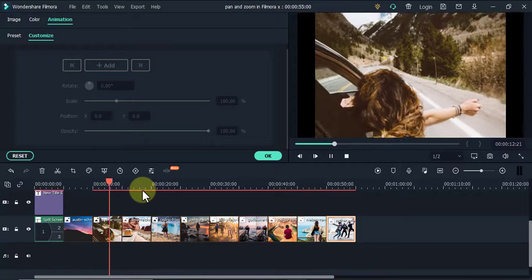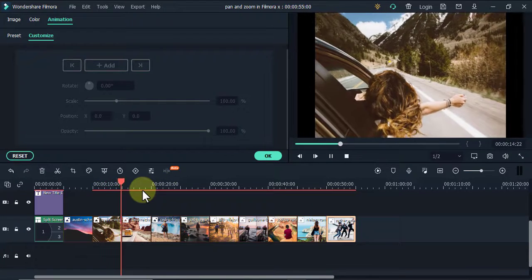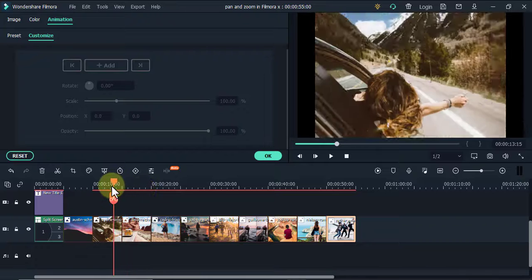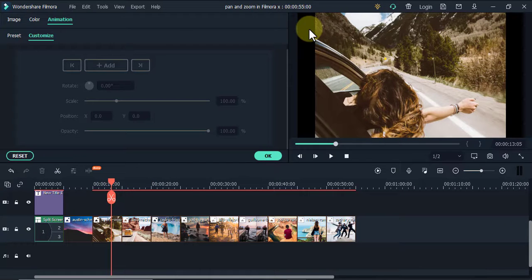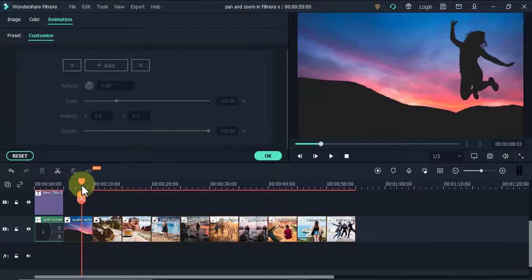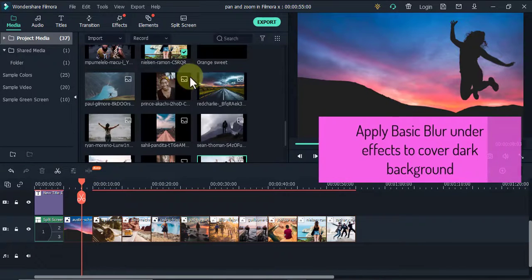But now you realize there's a gap here that needs to be filled. There's a gap here that needs to be filled. It is this black aspect here. So what am I going to do? I'll just press OK here. I'll come to